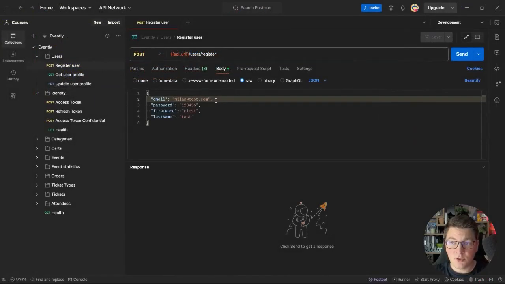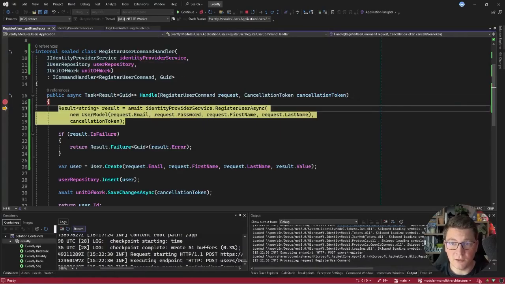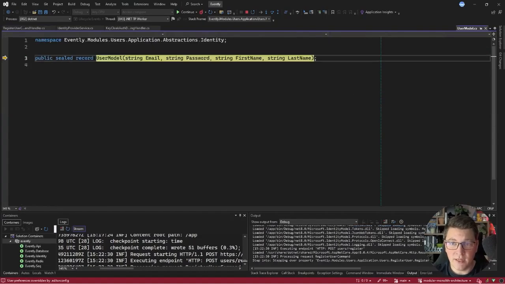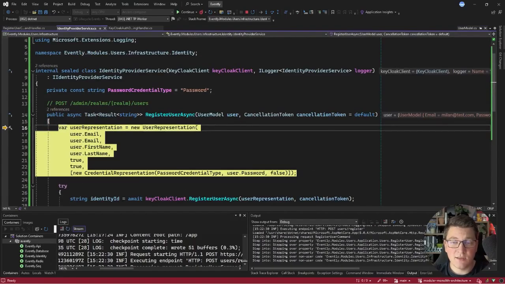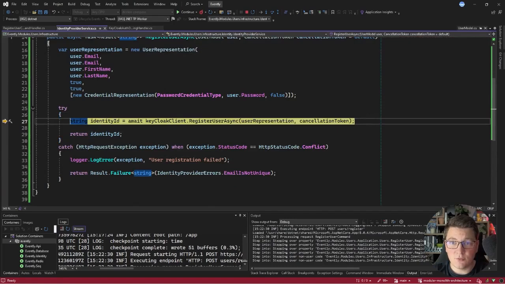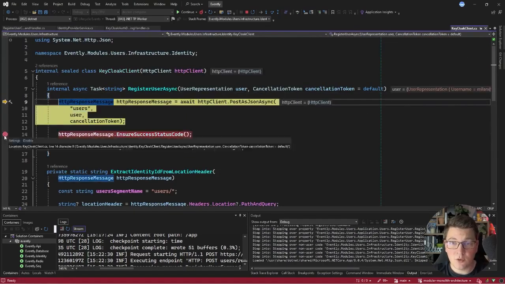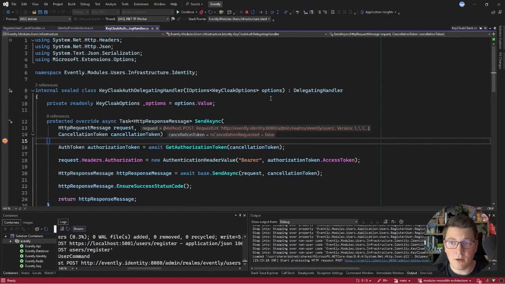I will send a post request to the user's register endpoint with some valid information. So if I hit send, we will hit the breakpoint in the registered user command handler. So let's step into the identity provider service and let's slowly walk through the code step by step. After creating the user representation model, we will use our typed client to send a post request to the user's endpoint. I'm going to hit continue and we will land on a breakpoint that I placed in the Keycloak authentication